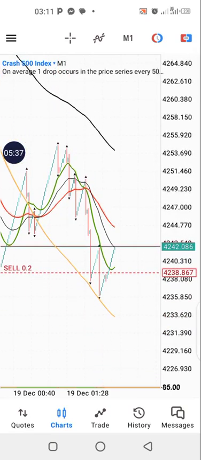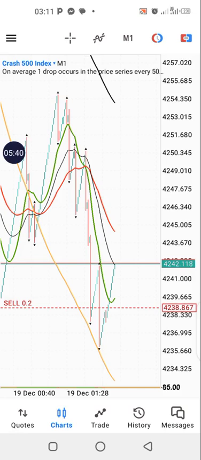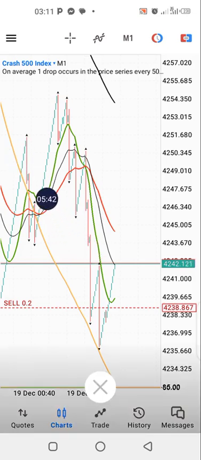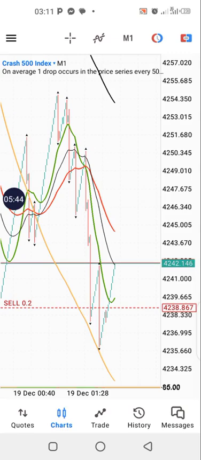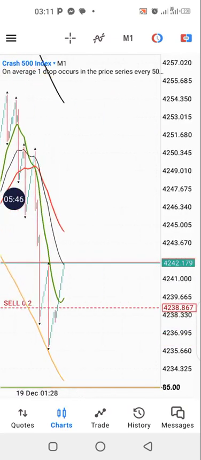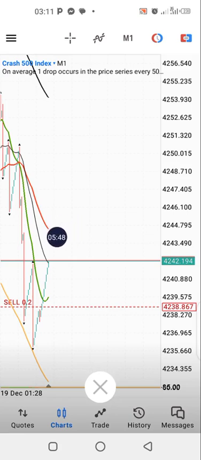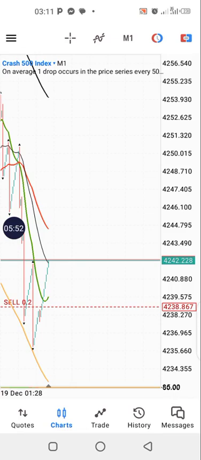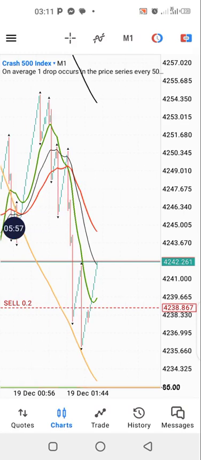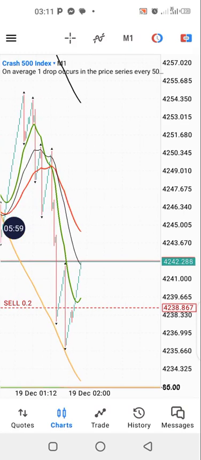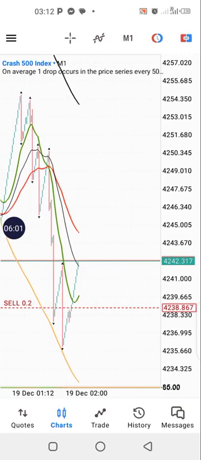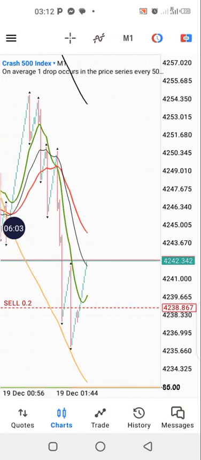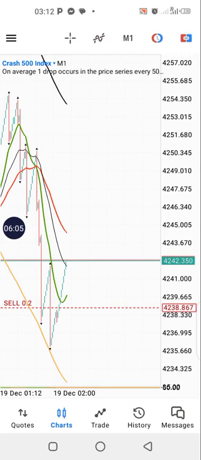We are still waiting for it because I know that now it has gotten to the black moving average. If it doesn't spike, if your equity is enough to hold to this red and it gets to the red, and if it doesn't spike, then you might close the trade and take the loss. Okay, so at times it's like that, but we are kind of confident that it's going to spike because